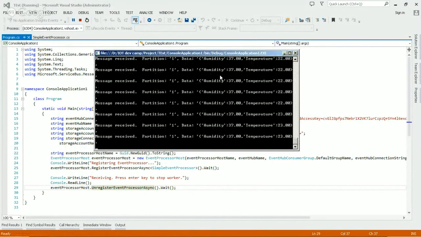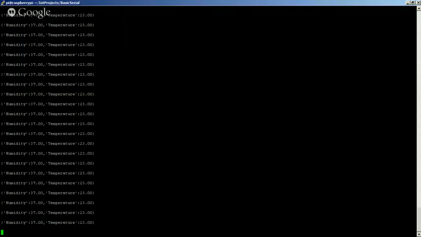See, the data is already queued up, it will get it at once. Now you will see it will get data one by one. It is posting, it is receiving. So let me run it side by side.